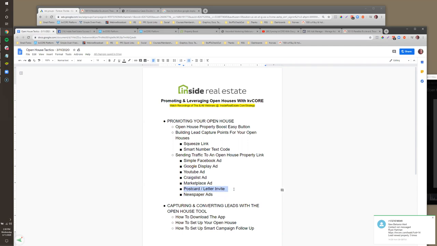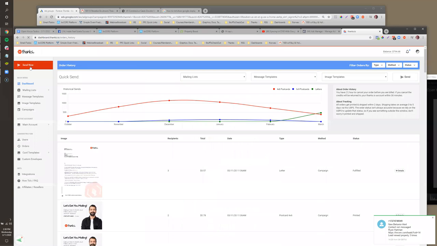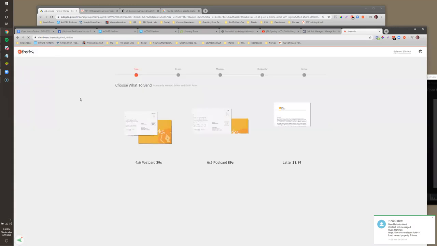One is the postcard or letter invite. We have thanks.io, which, full disclosure, I'm a co-founder of, in the marketplace of kvCORE. And I can show you really quickly what a campaign in Thanks looks like, if you wanted to send postcards to the neighbors inviting them to the open house. It could be a really good way to get neighbors showing up, other people who might list with you. So if I go into thanks.io here,